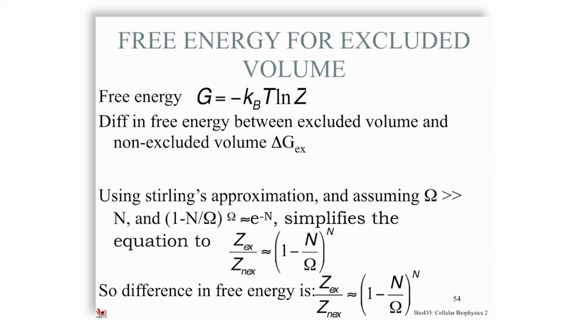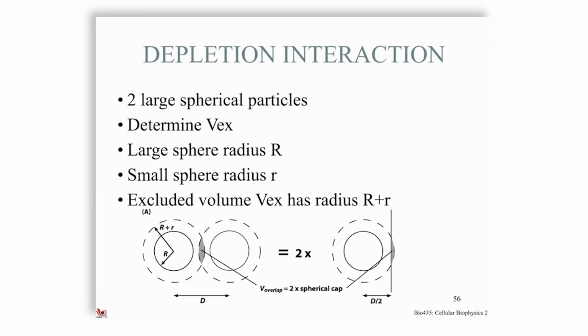1 minus n upon omega to the power omega is approximately e to the power n, and that simplifies the whole expression of the excluded volume partition function (Zustandssumme) and the difference in free energies to be approximately 1 upon n minus omega to the power n. The second part, which I mentioned earlier, namely depletion interactions,